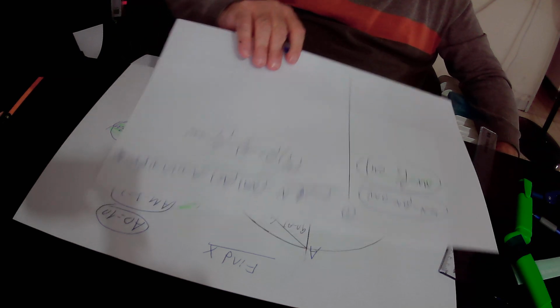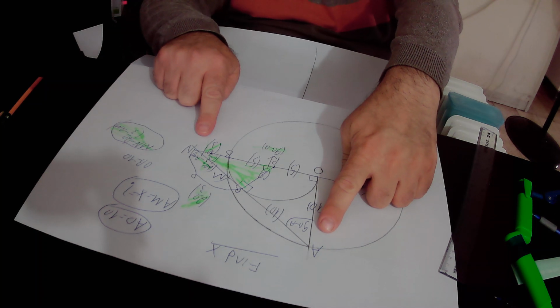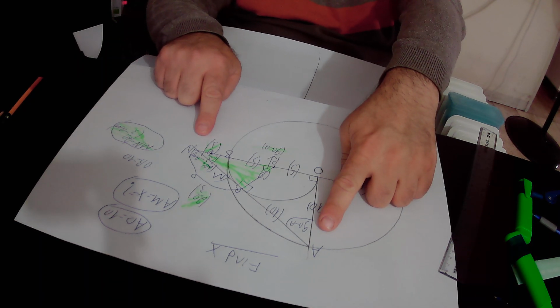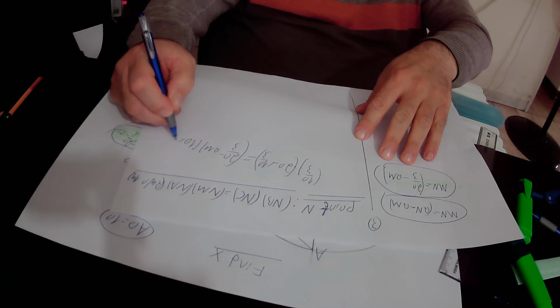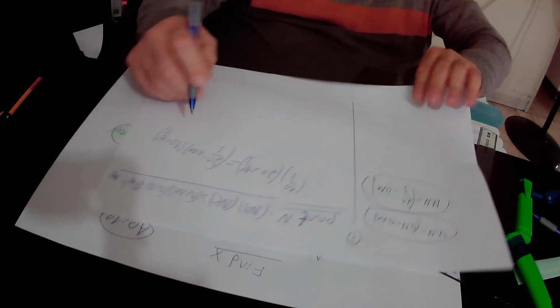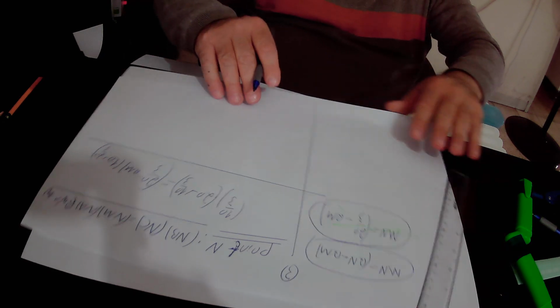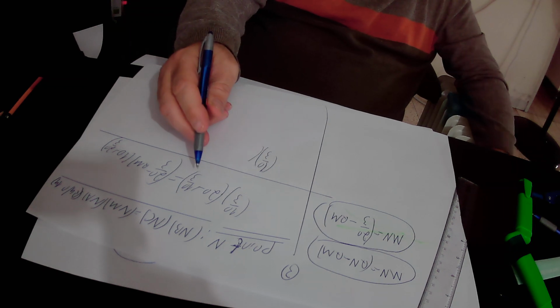Times NA. What is the length of NA? NA, or AN, in total equals AQ plus QN. That is to say, AN equals AQ, that is 10, plus QN, that is 20 over 3. So in total, AN equals 10 plus 20 over 3. So we actually found out that 10 over 3 times 20 plus 10 over 3